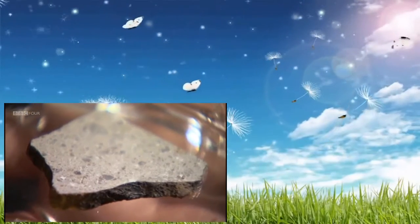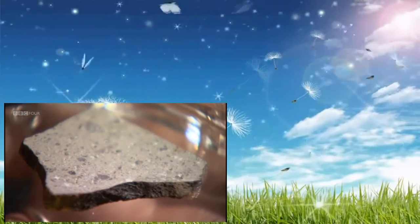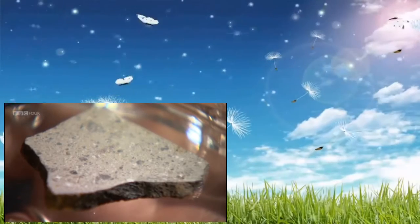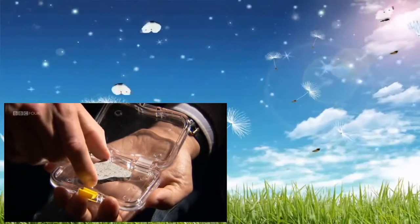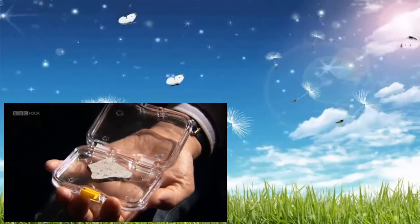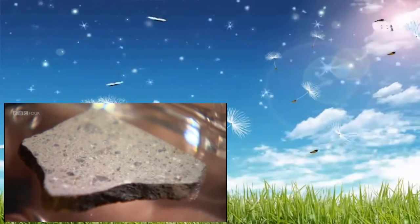Absolutely not, and that's because Vesta was differentiated and formed its iron core when it was molten. All the metals, of course, sank down into the centre of the body. So this is relatively metal poor compared to an ordinary meteorite that we would find. So these 2 clues tell us that this came from a volcanic body. So it's amazing to think that here in the studio we're actually seeing and touching a piece of another world